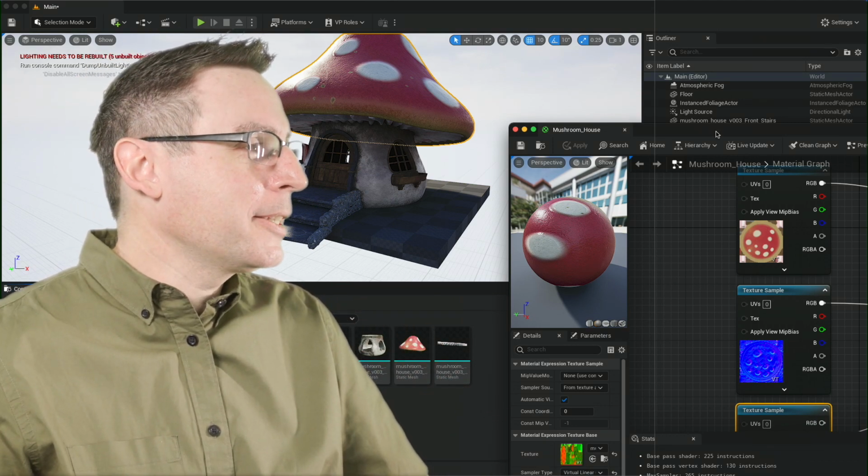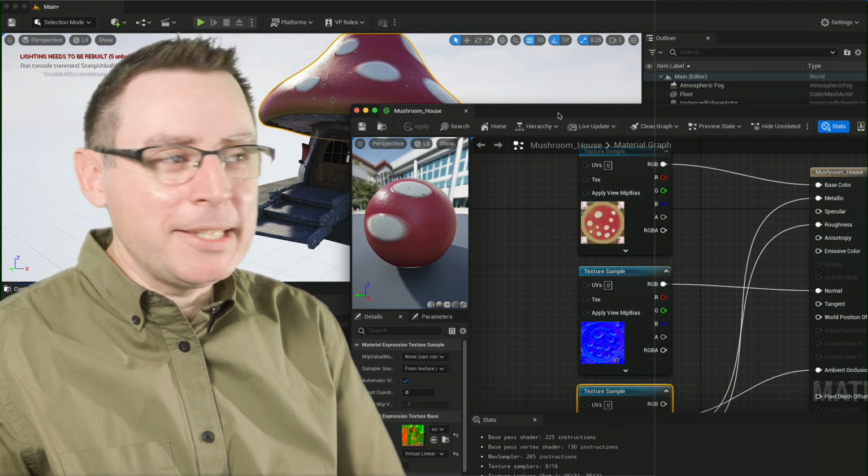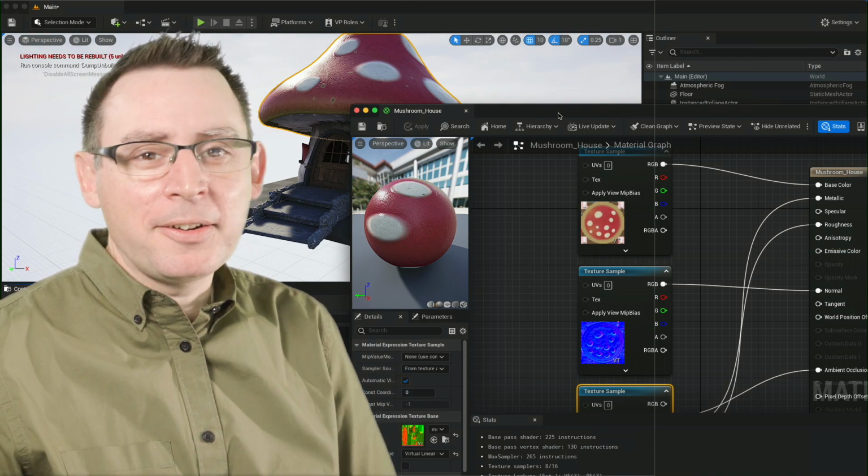So it's pretty exciting. Working with textures inside of Unreal is really, really easy and a foundation level stone for us for the building that we're creating here inside of Unreal.